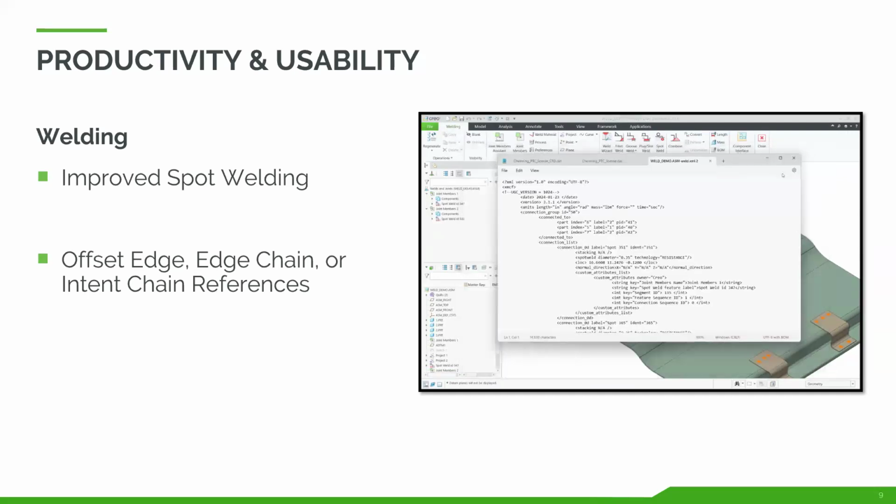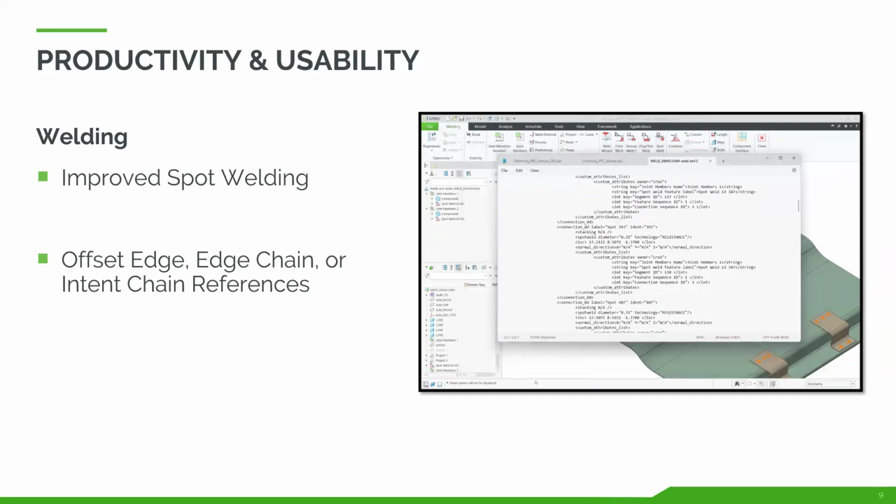We've made enhancements to core capabilities, mainly focusing around the offset edge, edge chain, and even the intent chain references. You have the ability now to offset curves, and we've added that ability to solid bodies. If you imagine, let's say, the edge of a sheet metal part, and you want to spot weld at an